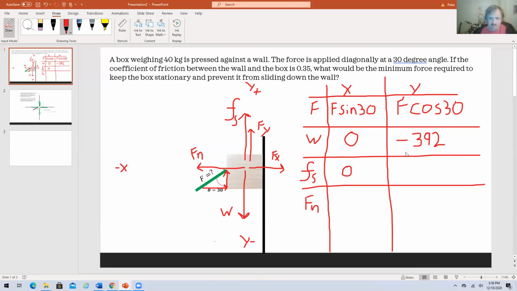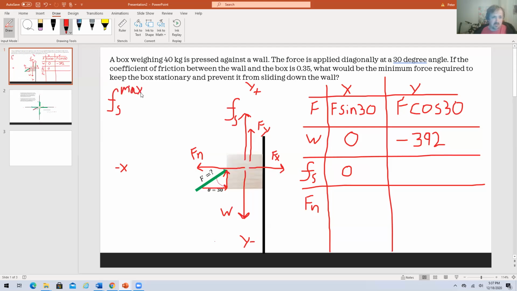And in the y-axis, it's basically going to equal the maximum frictional force that can possibly be produced by this frictional relationship, because we're solving for the absolute minimum force that we can apply without it moving. So this, the Fs max,